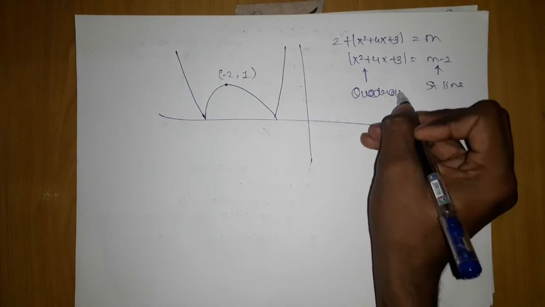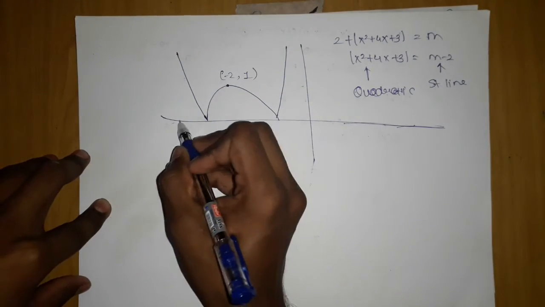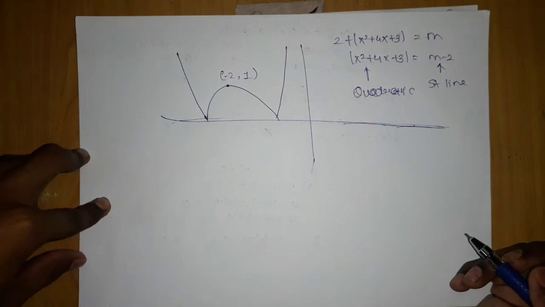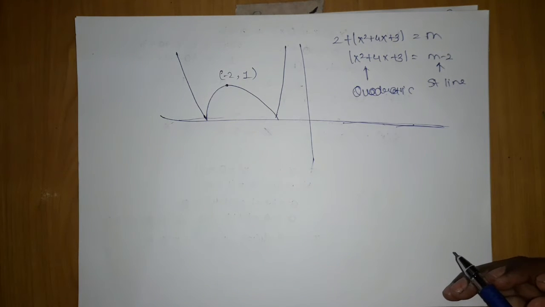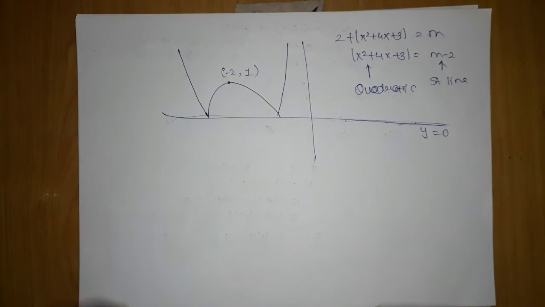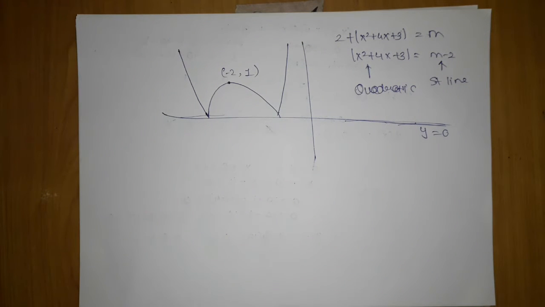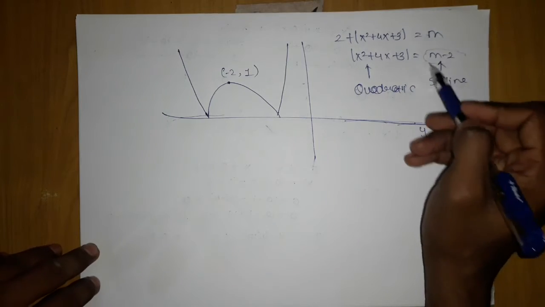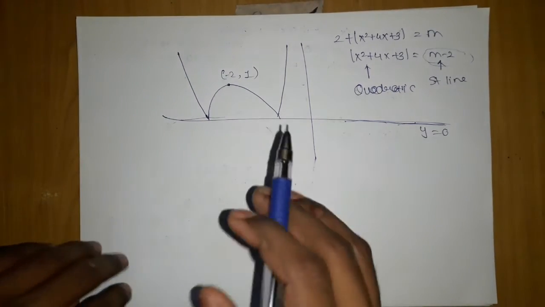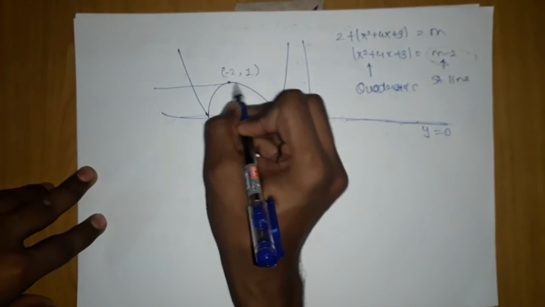Now just see what this x-axis line is called. If you have learned a little bit of coordinate geometry, in straight line such basic things I use. This line is y equal to 0. Now they are telling in our first question that it should have 3 solutions. Just listen carefully. If I take this line, it should have 3 solutions, meaning it should cut the graph at 3 points. How is this possible? It is only possible if the curve moves like this.